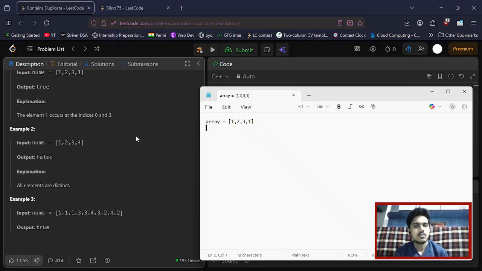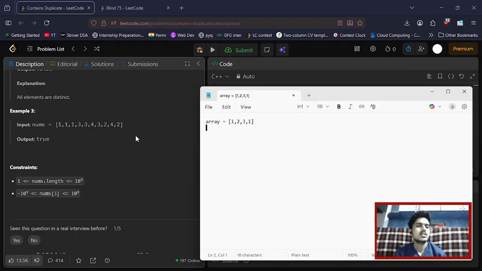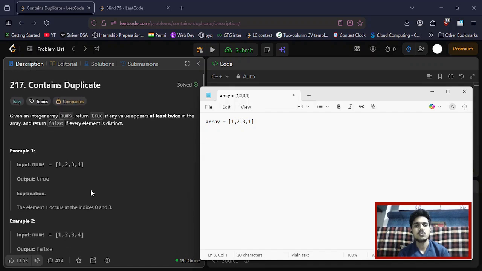So if we check the constraints, the first constraint is the length of the array can be up to 10 to the power 5. So we can understand that for this code to be submitted online, our time complexity should be less than n square. So the first brute force solution I can come up with